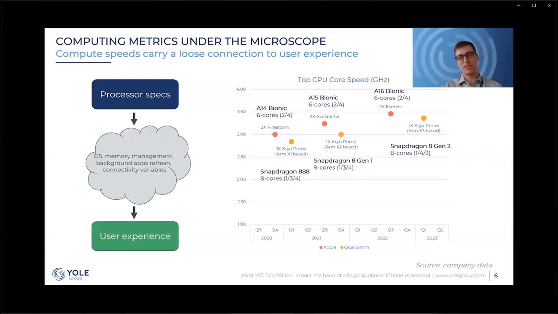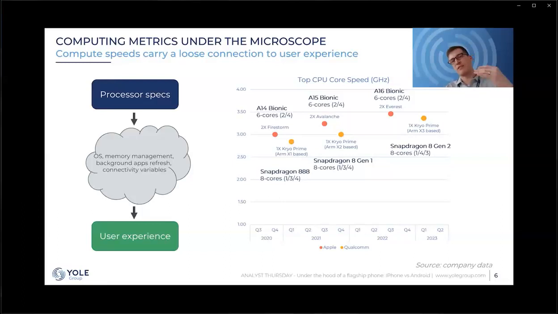What's interesting is that Qualcomm has gone from 1 big core, 3 medium cores, and 4 small cores to the most recent configuration of 1 big core, 4 medium cores, and 3 smaller cores. So they're playing with the mix a little bit to gain a little more performance or a little more power management, depending on the application.